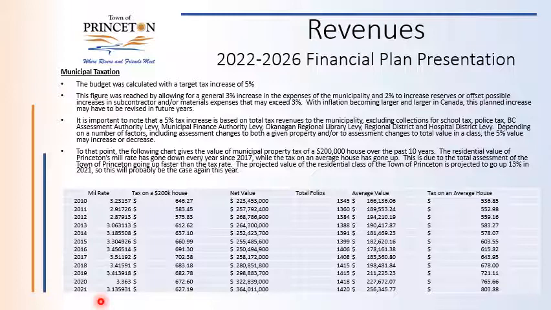So their rates are all set by them. They're not set by the town of Princeton in any way, shape, or form. Essentially, they quote the numbers, and we plug them in and apply them to the property tax bill accordingly. So the 5% increase may be a large increase, may not be a large increase. So we really only control the municipal portion of our tax increase, and we are aiming for approximately 5% for the 2022 fiscal year.